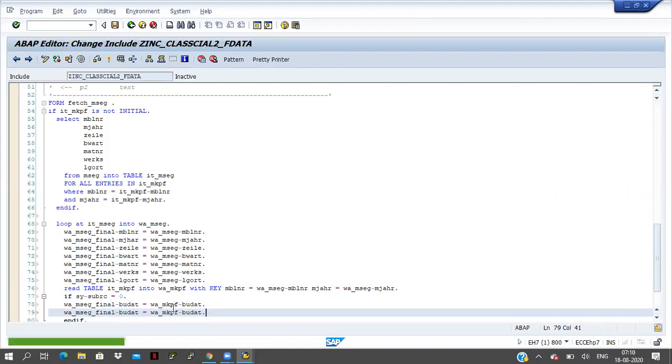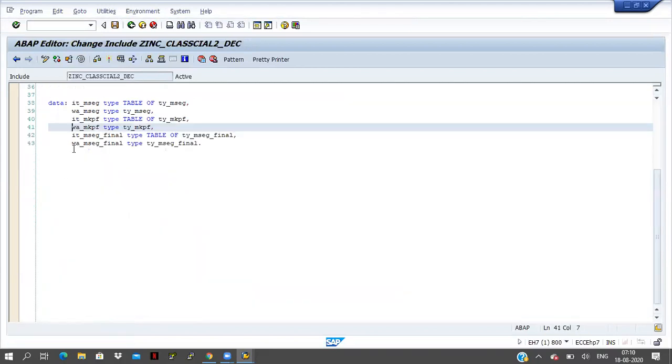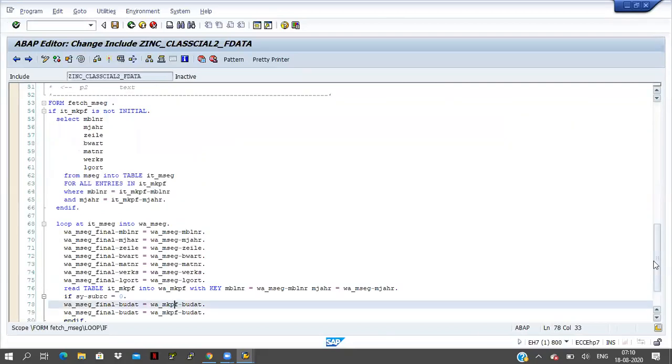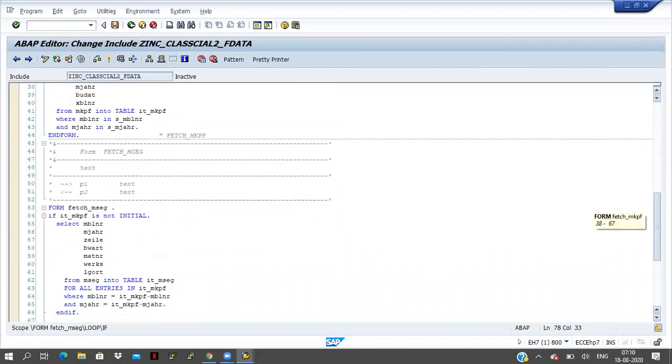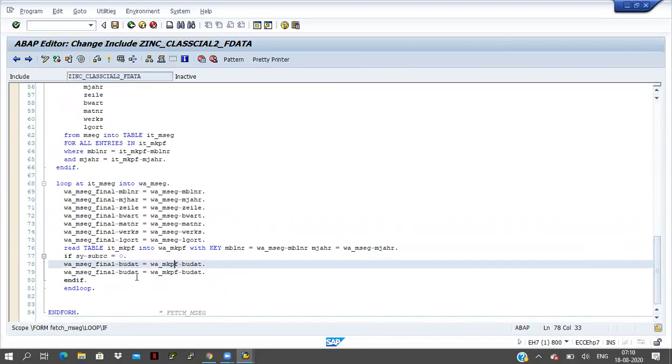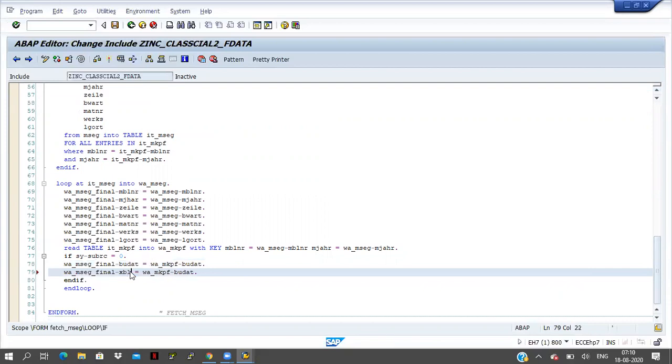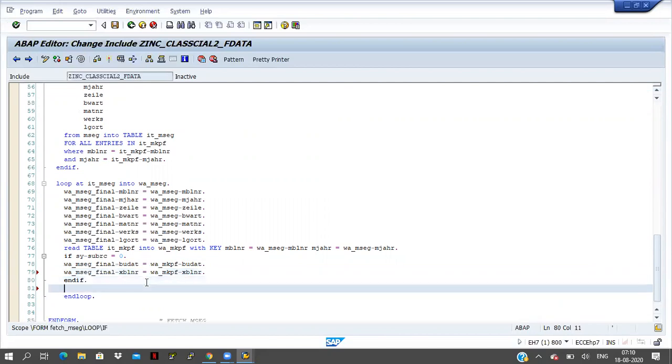Let me check what that field is. The field name is XBLNR. That is a reference field, XBLNR, and here also XBLNR. Okay, and after end if I am writing append.